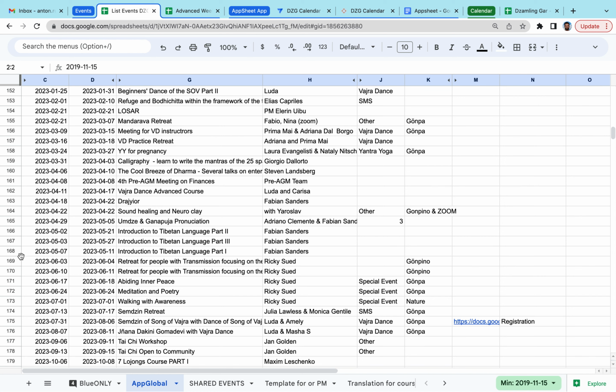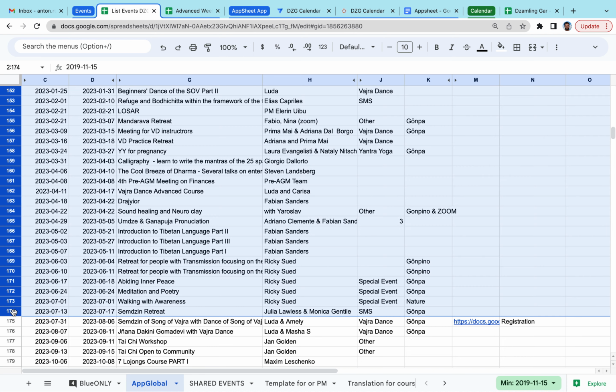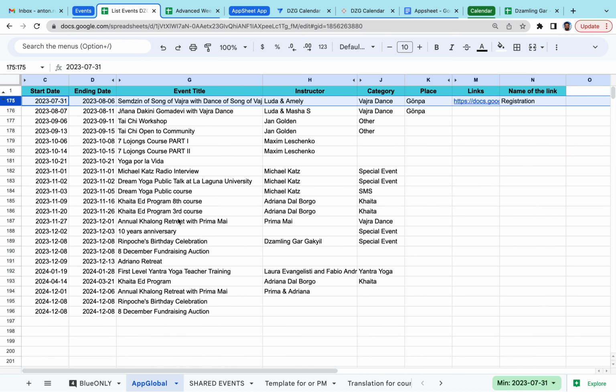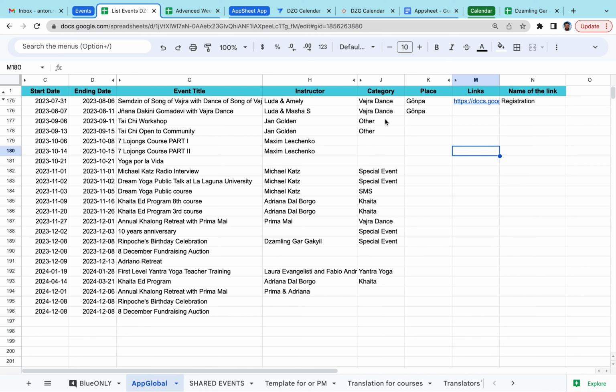So this is something we can adjust all together, and we can decide which information to use. Also, as I said, we can add links here, so it could be registration, and we can add things like additional materials or anything to the spreadsheet. And once we add them here, they will automatically appear in the application. So this is how the source file, the data file, looks for the global events.